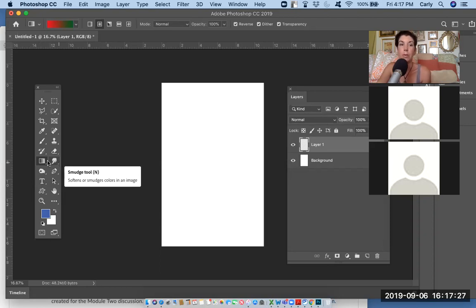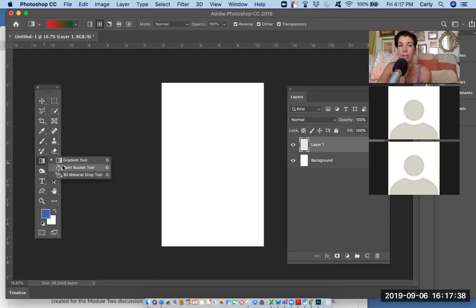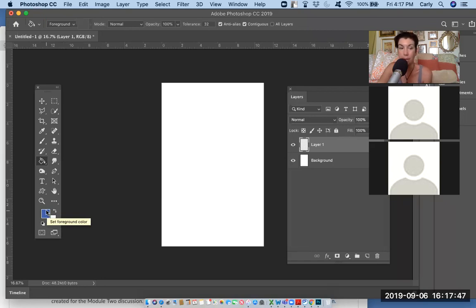So what we're going to do is go to the little box on here that looks like it's dark and gradually gets lighter on your tool panel, and you're going to click and hold, and then click on the paint bucket tool when that pops up. Now, whatever you have as your foreground color swatch is what you're going to be painting with your paint bucket. So right now my foreground color swatch is kind of this dark blue, and it's a little bit too dark